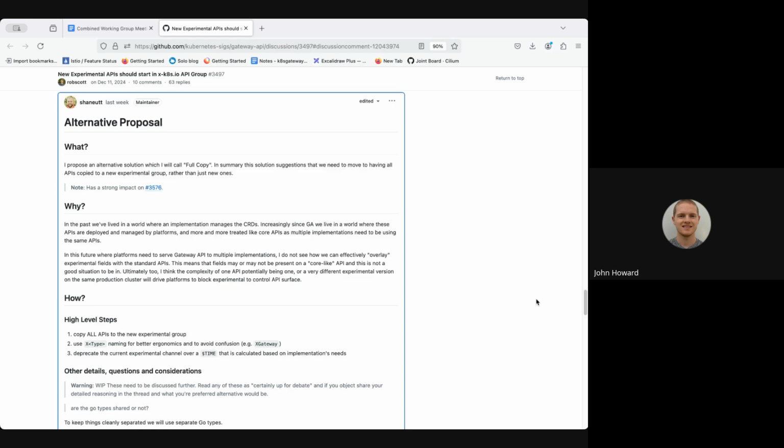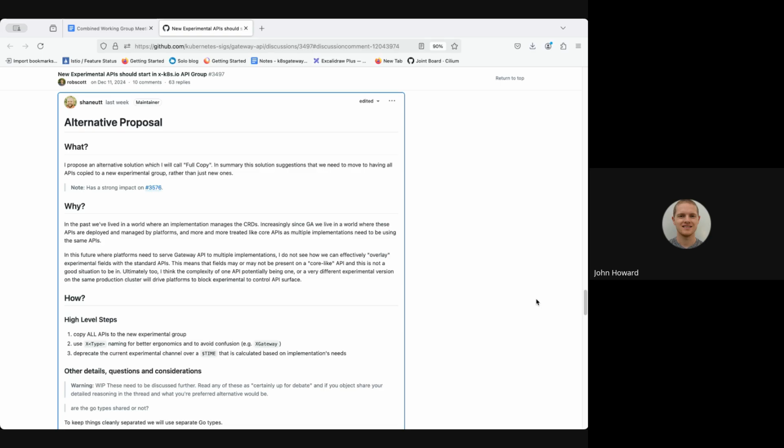Yeah, Keith, one thing on Rob's proposal that I've been pushing for, TBD how strongly we can get it worded, is that an implementation should never support both. And at no point in the gateway API will there be both. It goes from, let's say, backend TLS policy, it's under the X group.